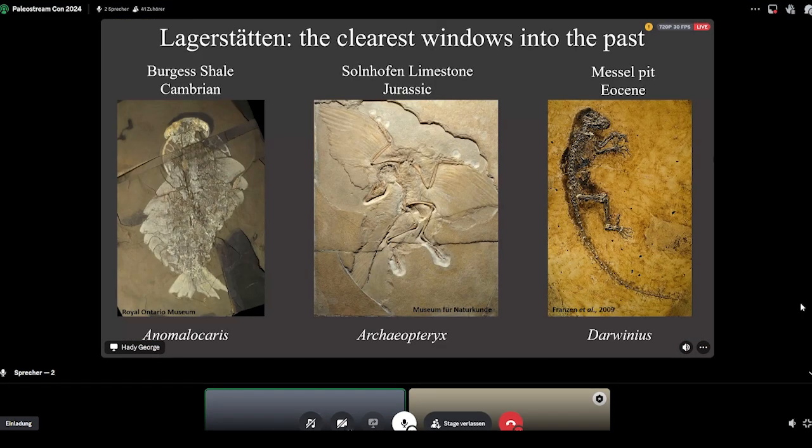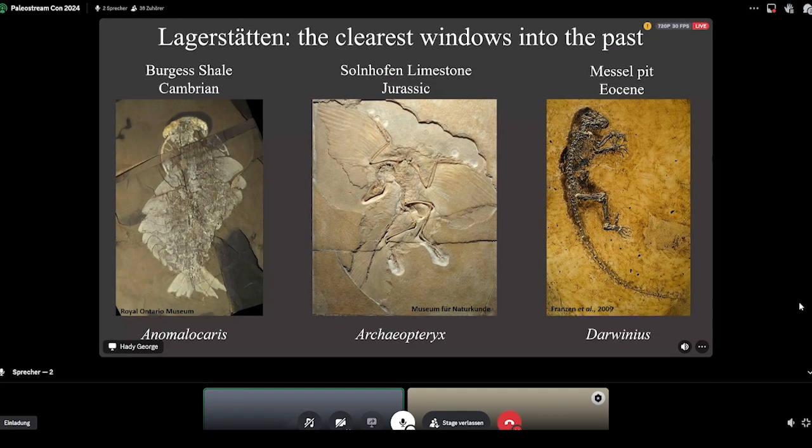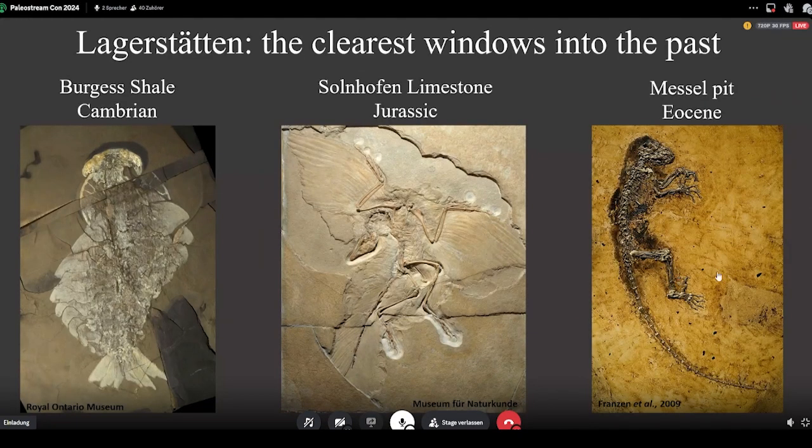So first, to give some very basic intro, Lagerstätten are basically sites of exceptional fossil preservation, and they're often argued to be our clearest windows into the past. I'm sure you're familiar with many of the very famous ones, such as the Burgess Shale, the Solnhofen, and the Messel Pit, all of which have produced iconic fossil animals that have told us so much about the evolution of all sorts of bizarre and extraordinary life forms, everything from the Cambrian explosion to the rise of birds